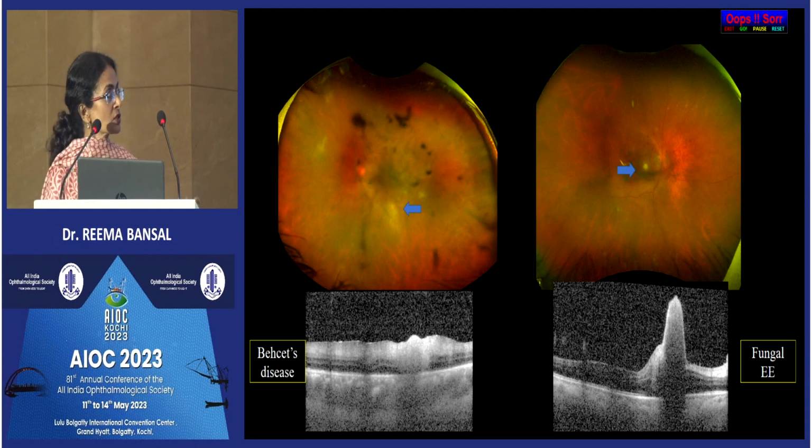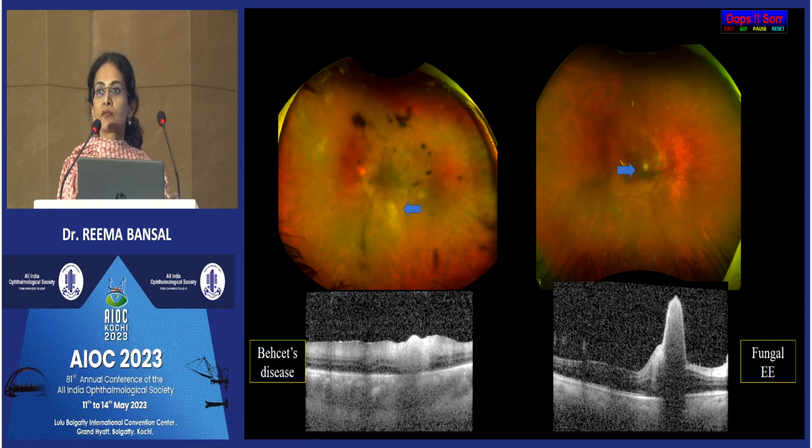So when we do the OCT on the first on the left side, you see the lesion is involving full thickness retina. It's a horizontal involvement of the retina. The underlying choroid is relatively spared. You have a lot of vitritis, of course, that's there in the other eye also. So this was actually after eliciting the history, doing the investigations and doing the fluorescein, turned out to be a patient of Behçet's disease. And the other one where you have this large peak, this is a typical rain cloud